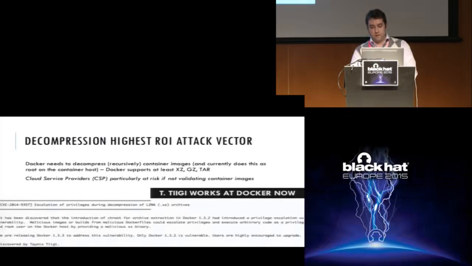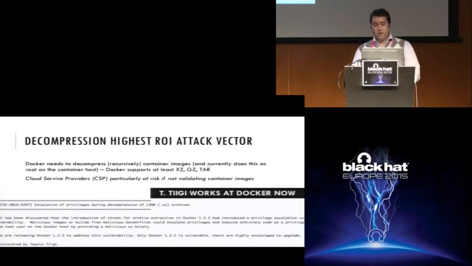Most of them are terrible, and so that's a very easy place to do file format fuzzing, as well as collect thousands of tar files, flip bits, and run them through Docker. I don't know if that's how they found the XZ bug or not, but that would be the easiest place to attack the Docker daemon at this point, and probably will be for the foreseeable future, because